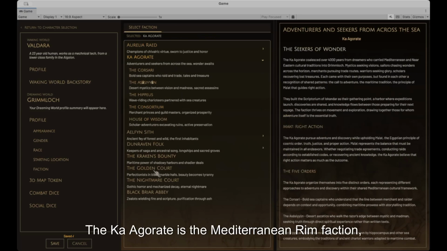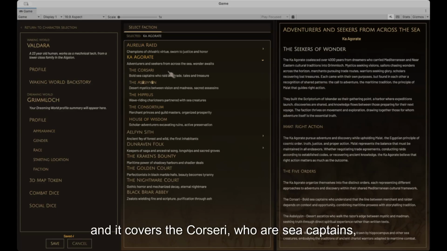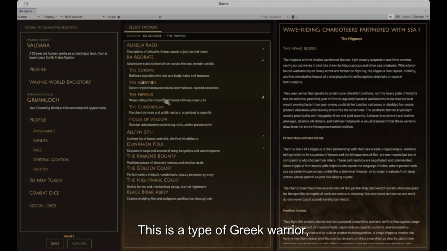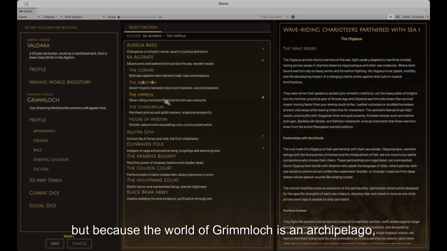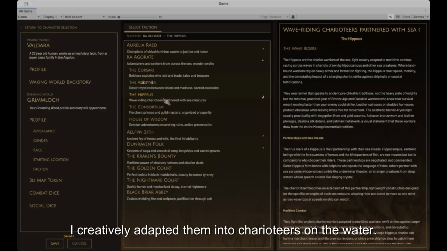The Agorate is the Mediterranean Rims faction, and it covers the Corsari, who are sea captains, desert mystics, charioteers. This one was fun. This is a type of Greek warrior, but because the world of Grimmloch is an archipelago, I creatively adapted them into charioteers on the water.